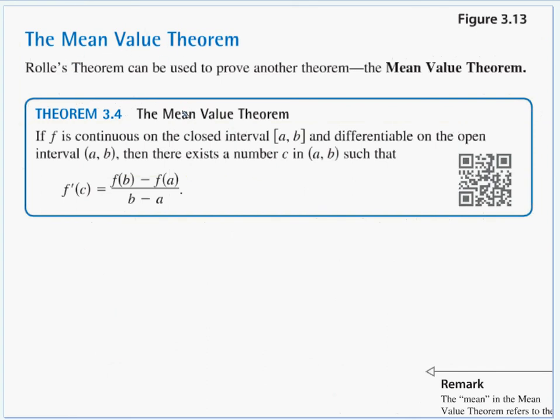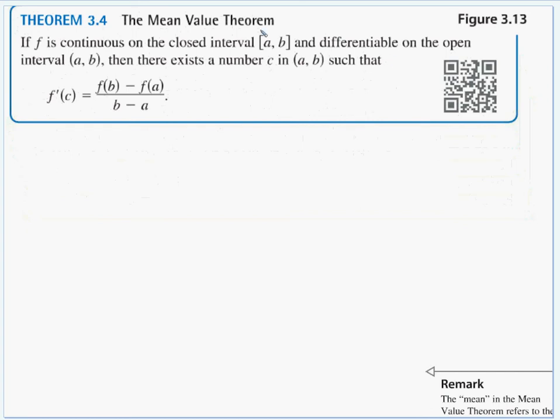So Rolle's theorem can be used to prove a higher order theorem, mean value. Now, mean value starts off kind of the same. If our function is continuous and differentiable on a closed interval, then there must exist some number c in between a and b such that f prime of c, the derivative, is equal to this: f of b minus f of a